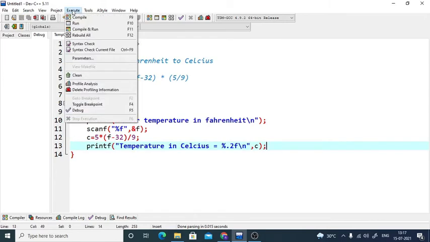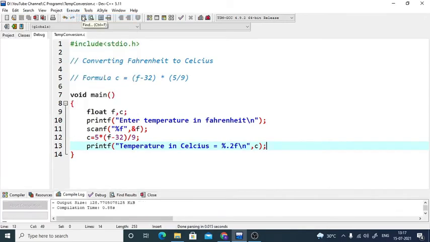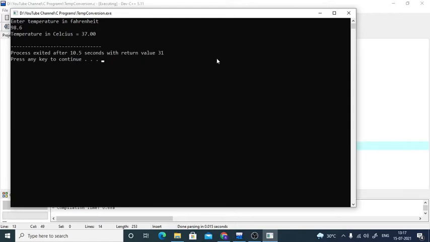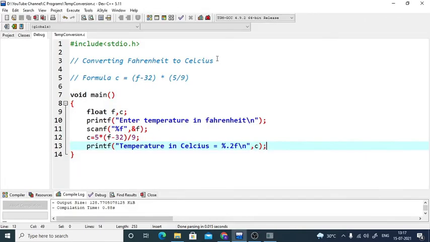We're going to compile. It gets compiled. Let's execute. For the temperature in Fahrenheit, if I put 98.6, roughly it should come around 37, which is body temperature. See, temperature in Celsius is 37. Maybe I'll run it again.